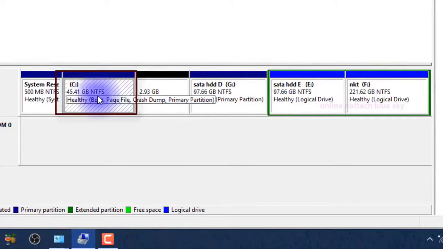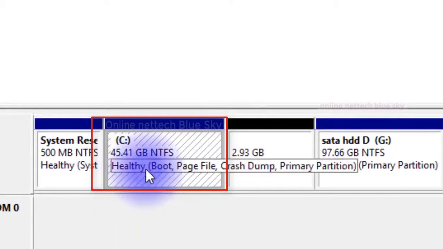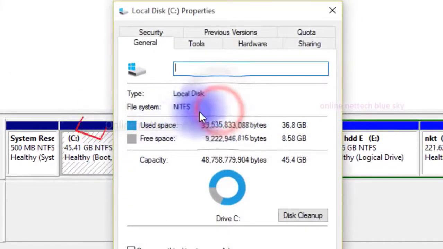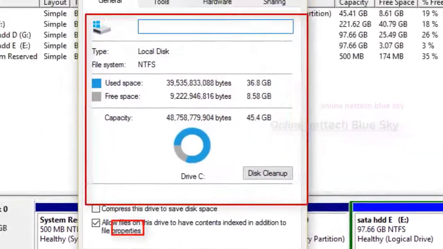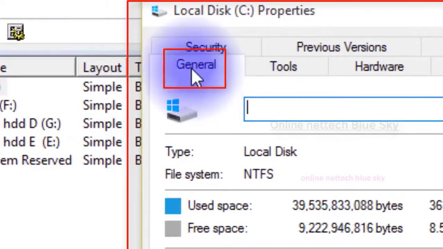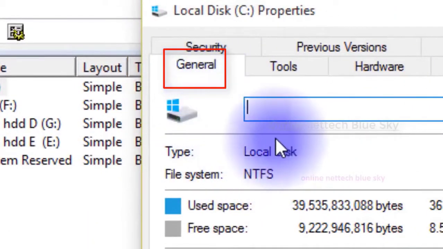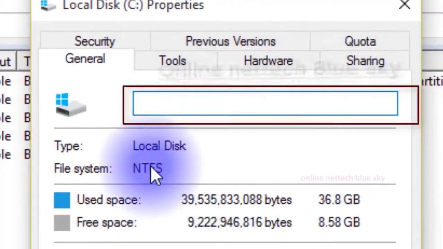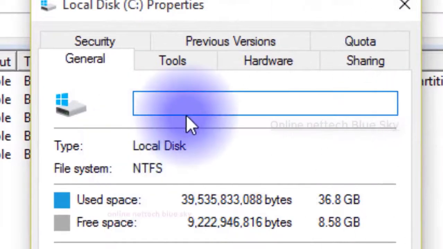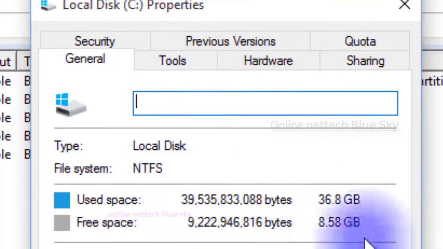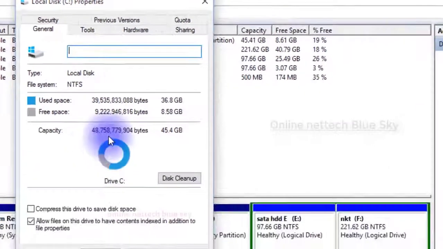This is a very important partition, and I cannot change it, because by mistake it is possible to delete some main file. You can see the NTFS format type. I will discuss what the format type is in some video. Inside General, the first is Local Disk. This is the NTFS file system, and you can add your name as a label. I'm just showing you the new name.